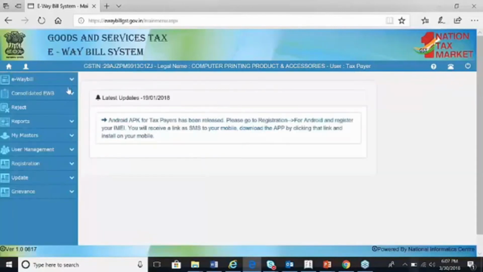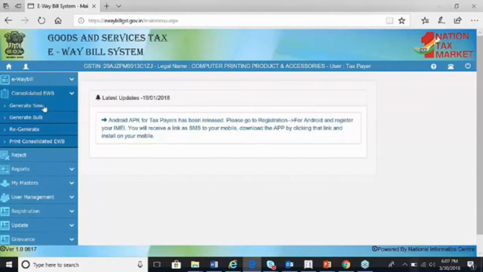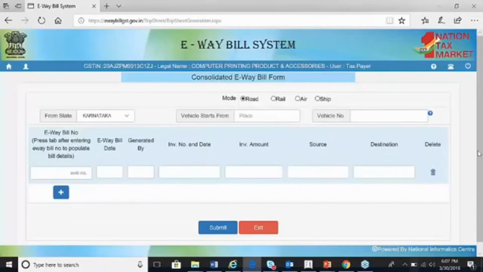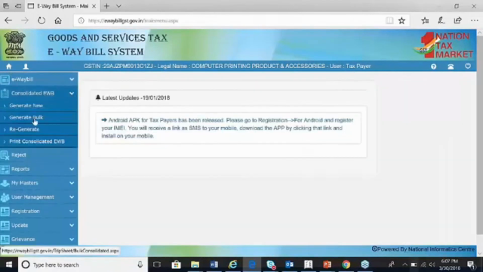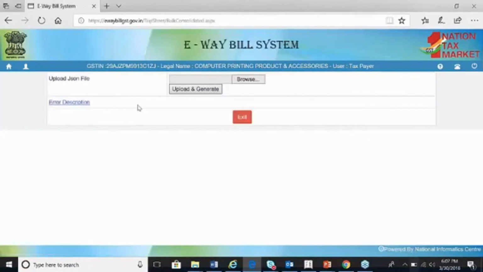Similarly, these were the individual e-way bills. We also have the consolidated e-way bills, all the individual e-way bills put together. If you try to generate on the portal, it is very difficult to enter all these multiple e-way bill numbers. Let us say 10-15 consignments put together, you are going to consolidate and give a consolidated bill number. So already we have the provision given in Tally. Just go to the next menu, generate bulk, just upload your consolidated exported JSON from Tally, browse it and upload here, you get a consolidated bill number from the portal.